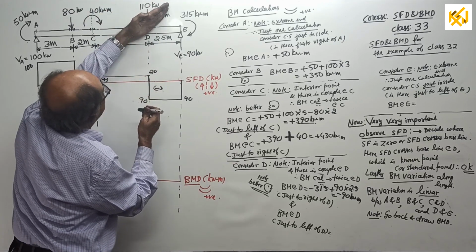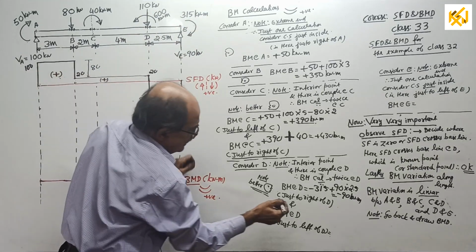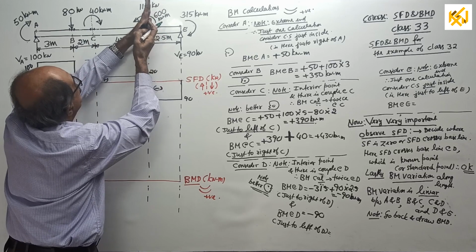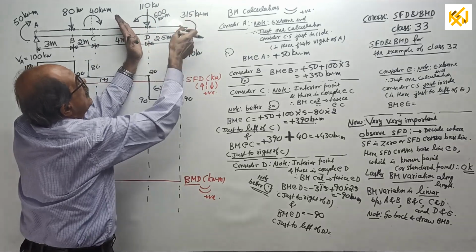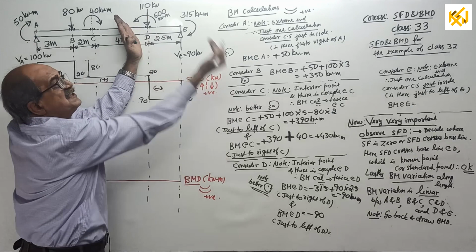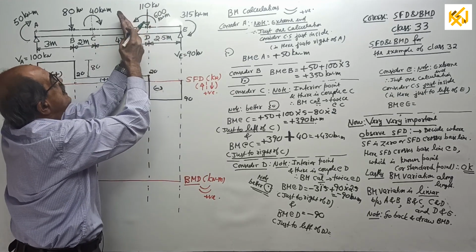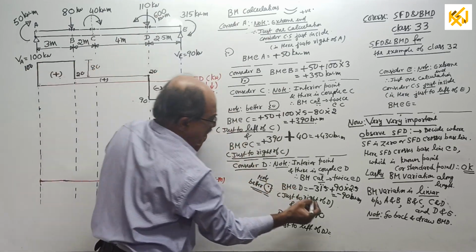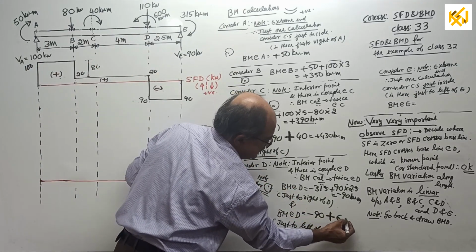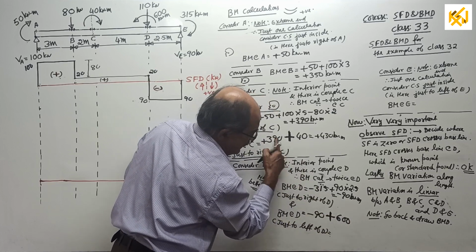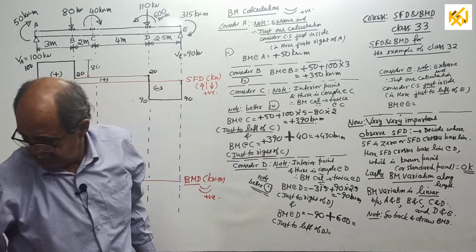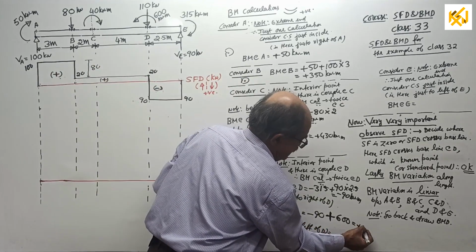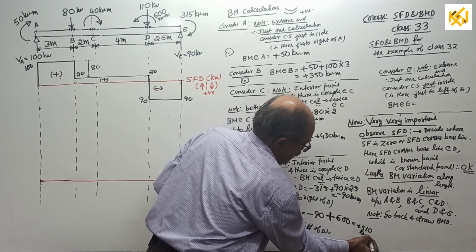Okay, then now find BM just to left of D. See, just to right of D, when you look to this side, your answer is minus 90. Copy it. Then from just to right, if you come to just to left, everything will repeat, but one extra 600 will come. Since you are coming from here to here, when you see here, look this side, it is 600 this way. I told very crystal clear, plus 600. Don't by heart clockwise, anti-clockwise. It will come plus 510. 510 kilonewton meter.